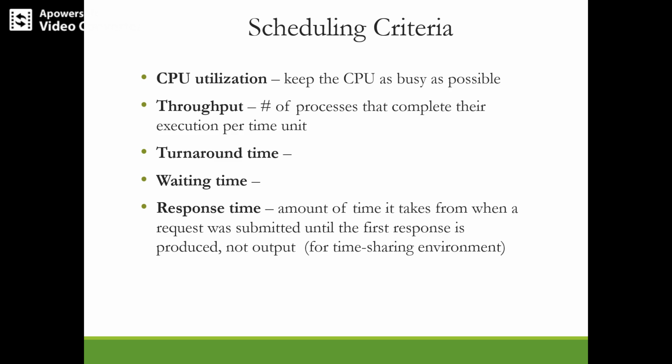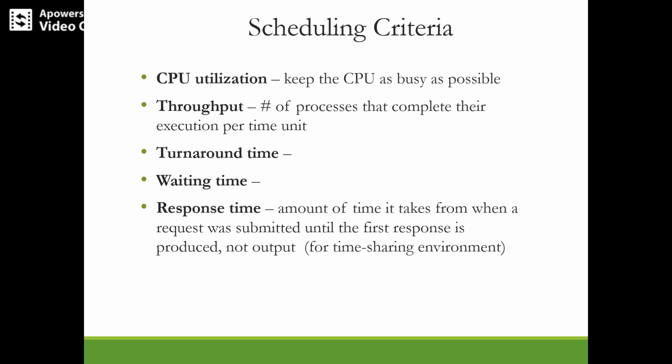And next is waiting time. So, what is this waiting time? The CPU scheduling algorithm does not affect the amount of time during which a process executes. It affects only the time that the process spends waiting in the ready queue. How much time is spent in the ready queue affects the execution. Waiting time is the average period of time a process spends waiting. It is normally in the ready queue wherein it waits a lot. So it can be said to be the sum of the periods spent waiting in the ready queue.